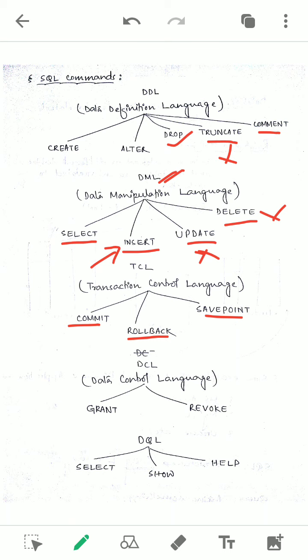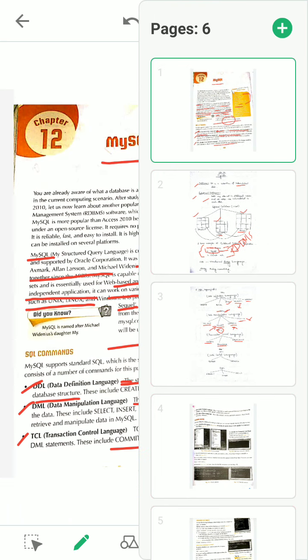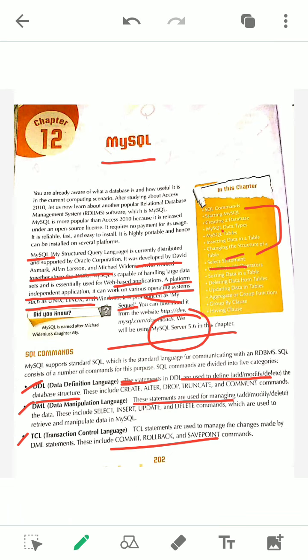So any modification done by DML, then we can use TCL commands. This is the definition. This question also comes as one word. These statements are used to manage the changes made by the DML statements. Very important command. Any modification done by DML statements, then we use TCL commands.